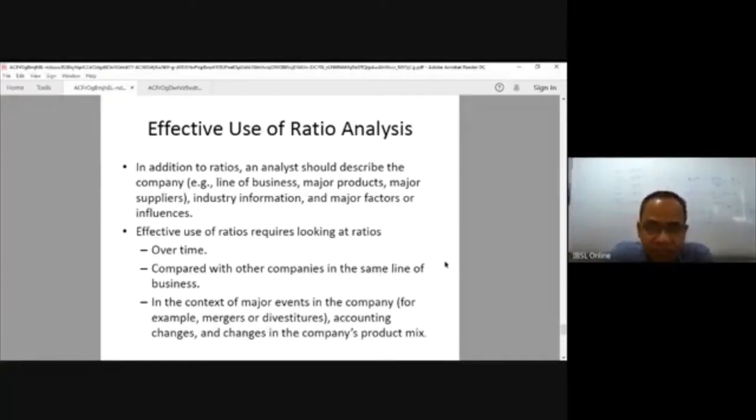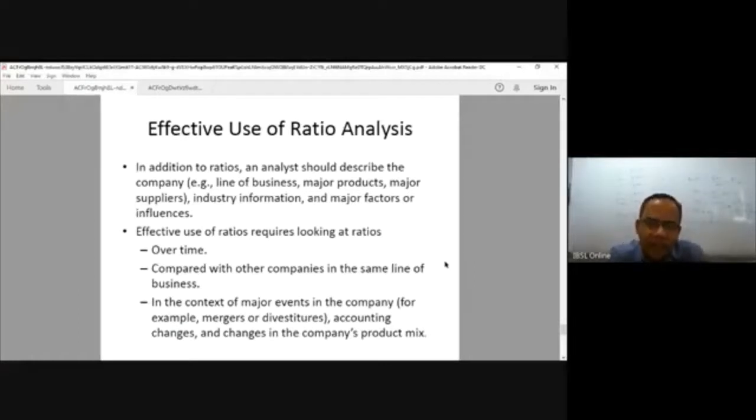So ratio analysis. These are the ratios we will be looking at. Like what I told you, we will look at all these: liquidity, performance, the turnover. These ratios, we will again do a question paper also and try to understand. So in addition to ratio analysis,